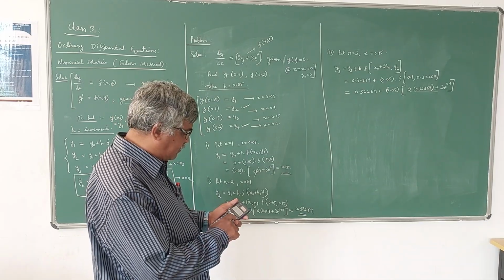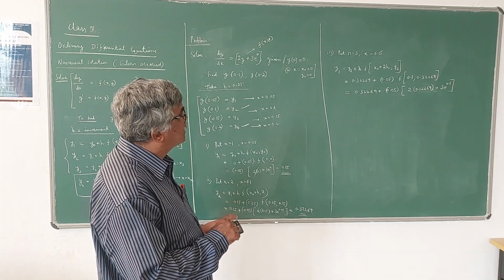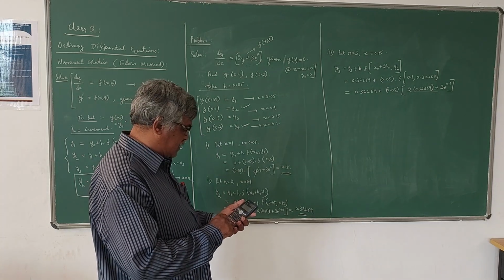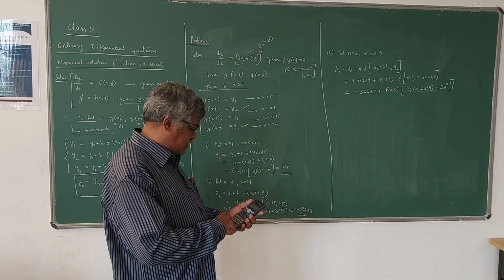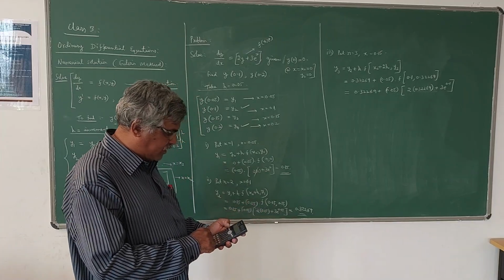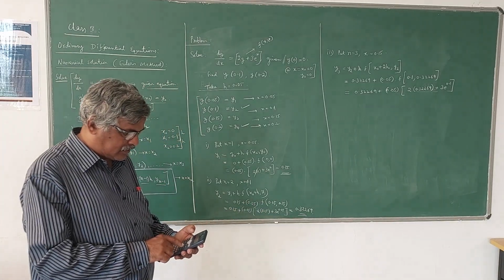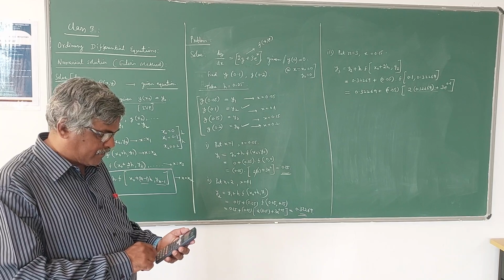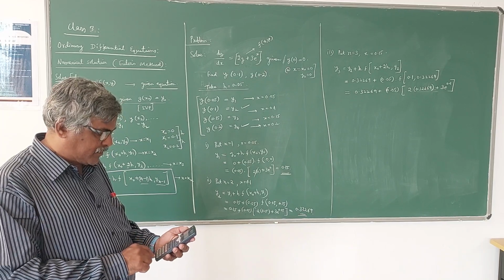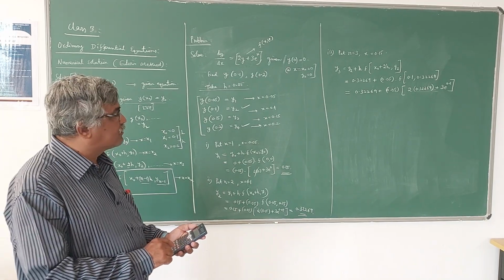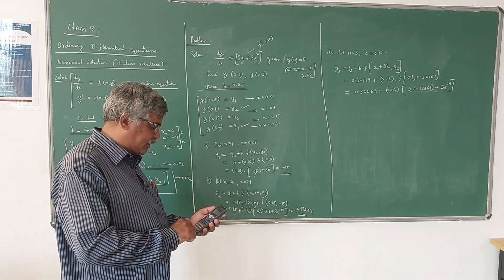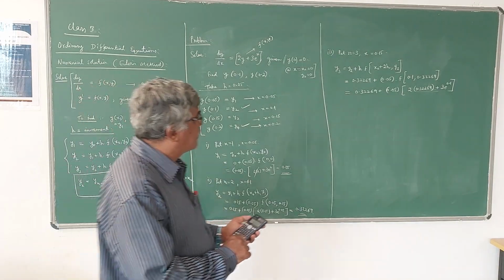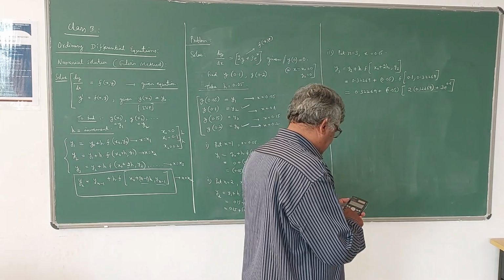What is the value of e to the power of 0.1? E to the power of 0.1 is 1.105. 1.105 into 3. Correct. Into 3. 3.314. Plus 2 into